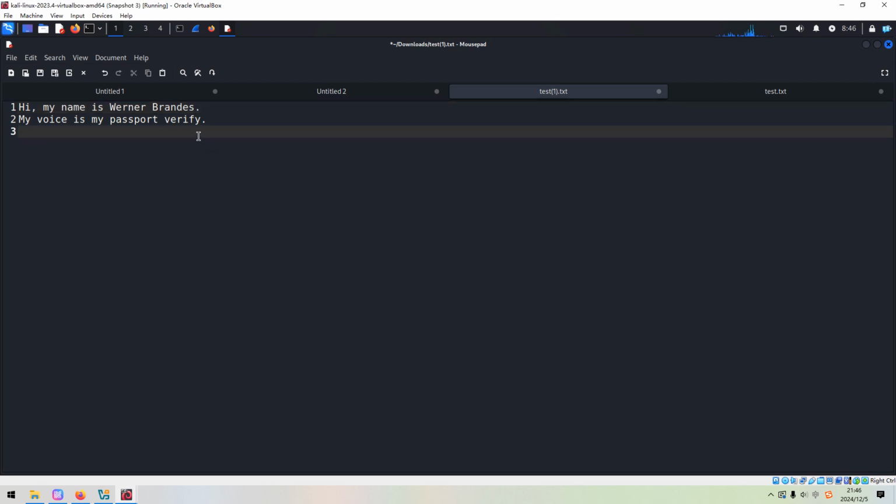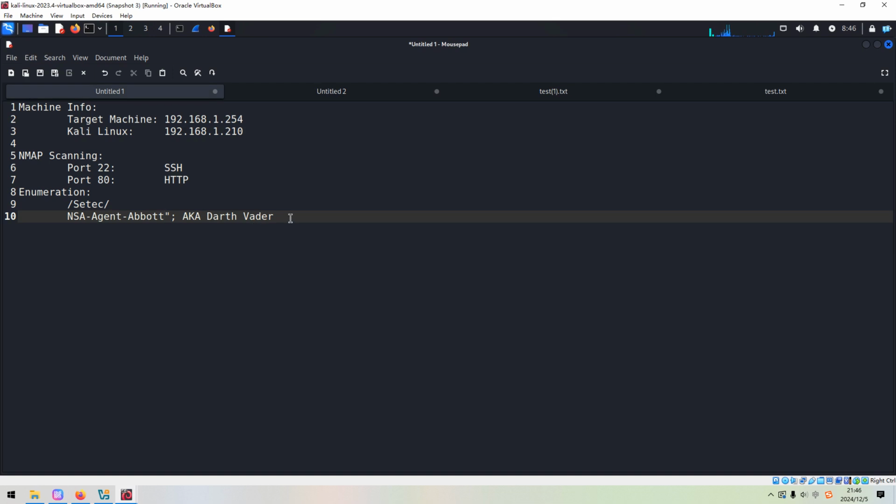So I think from this information we can get its username. The username is Werner Brandes. So we can copy, and the username would be lowercase. Also remove the space. So how about the password?